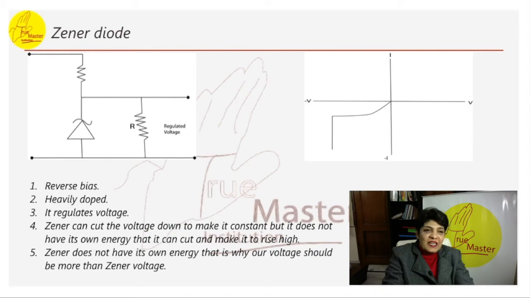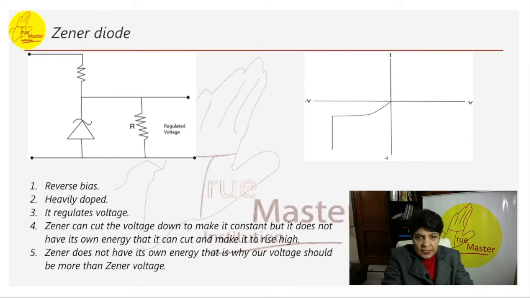Zener diode. We have just studied that due to the envelope, we were getting the voltage as 9.5, 10, 9.5. It was not dropping drastically, but still there is a pulsating voltage. So we are going to use a Zener diode. When added to a rectifier, it can give a complete steady voltage, a steady voltage without any fluctuation at all.